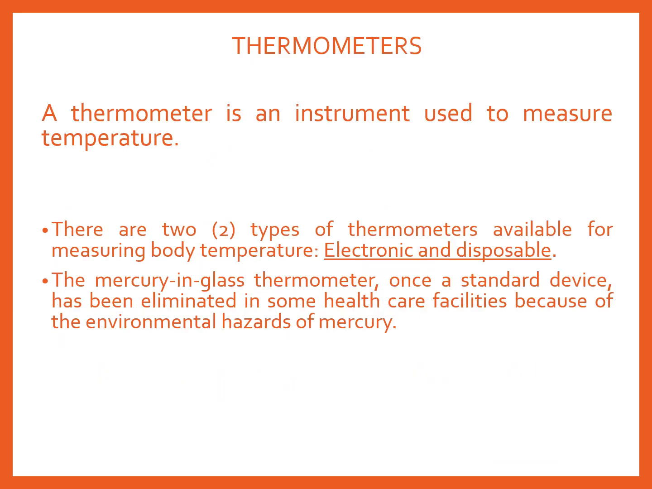So now we will talk about thermometers. A thermometer is an instrument used to measure temperature. There are two types of thermometers available for measuring body temperature: electronic and disposable. The mercury in glass thermometer, once a standard device, has been eliminated in some healthcare facilities because of the environmental